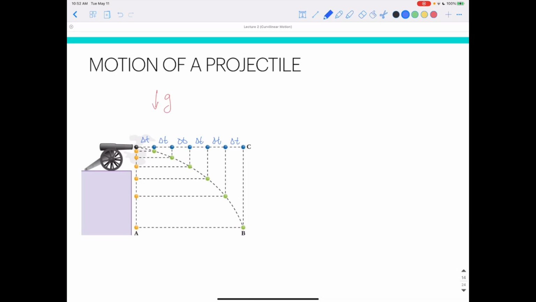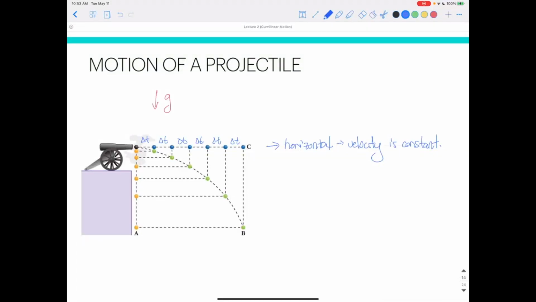So in the horizontal direction, which is perpendicular to the direction of acceleration due to gravity, the velocity is constant. So in this horizontal direction, our velocity is constant. It's not changing. There's no acceleration term, or zero. So it doesn't matter how far something drops, I guess the height of the projectile falling, the component of the velocity in the horizontal direction is always